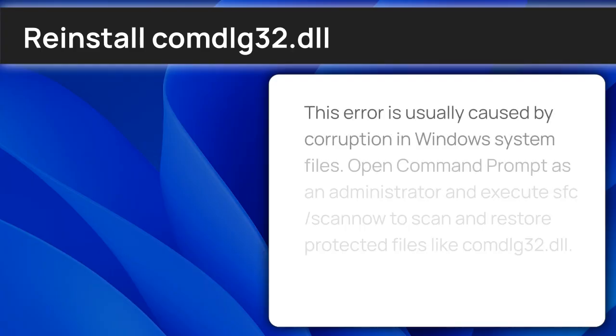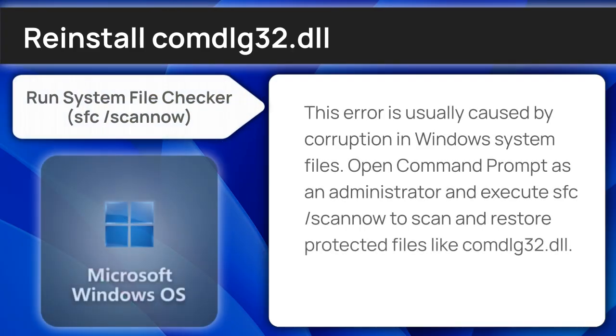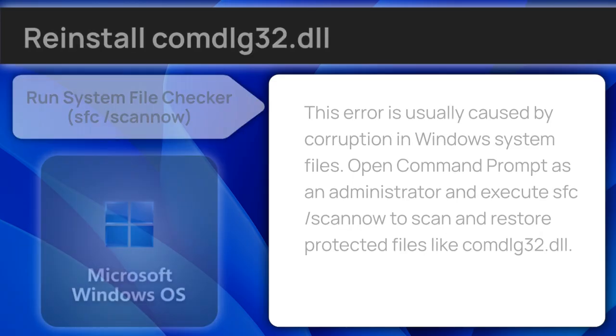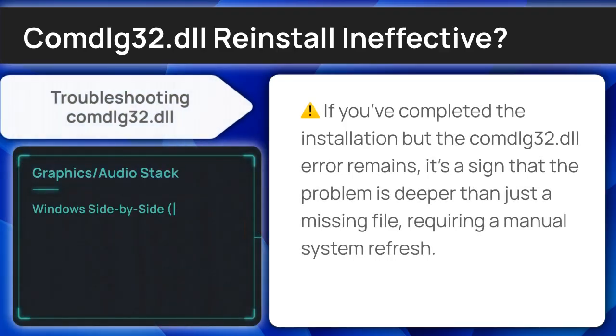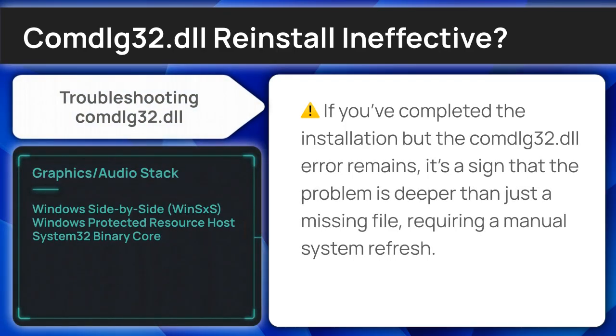This error typically involves a protected Windows system file. Open command prompt with administrator privileges and run sfc /scannow to verify system integrity and restore damaged files like the Common Dialog 32.dll. If a standard reinstallation doesn't restore the library, we need to verify if the system environment is